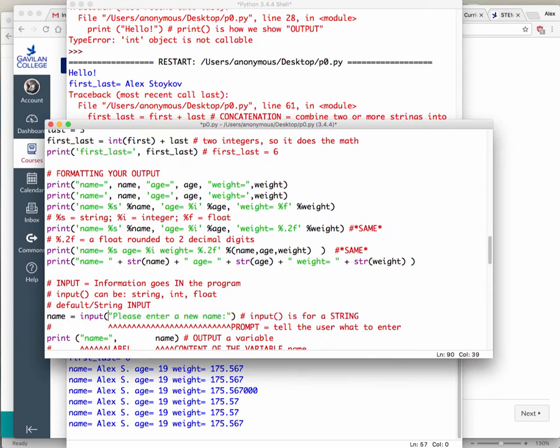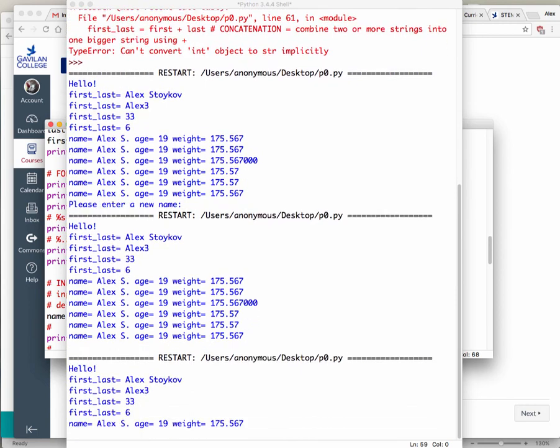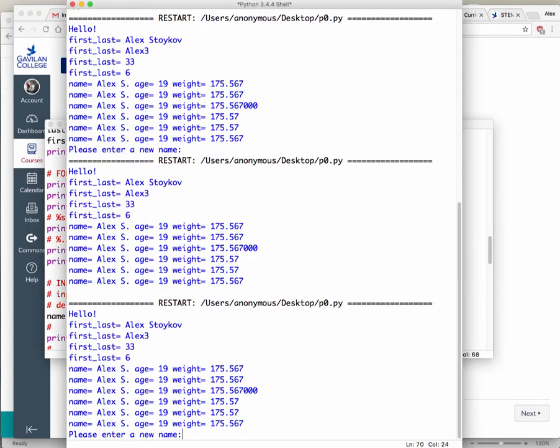The reason for this behavior is because I got rid of my prompt. So this text in here in quotes is a prompt, which is basically you tell the user what to enter. Without having a meaningful prompt, the user gets lost, and the program isn't usable. So this information is what's going to show up here when I run the program. Now it tells me please enter a new name. I can enter whatever I want,